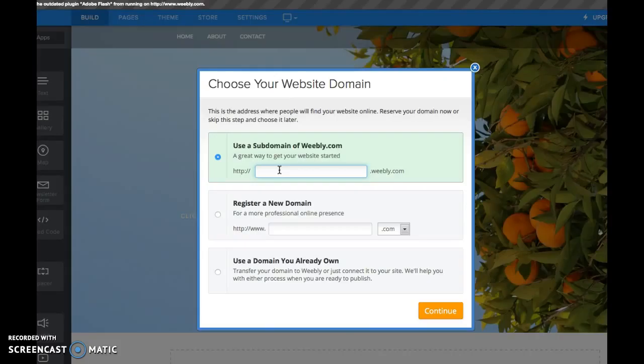So you want to come up with a word or a couple of words that are simple, that are memorable, that are spelled correctly, and that appeal to your audience. So think about what audience you're trying to reach. Think about your city name. The easiest idea would just be to name it after your city, but those are probably all taken. So Wisconsin Rapids is taken. So I have to come up with something